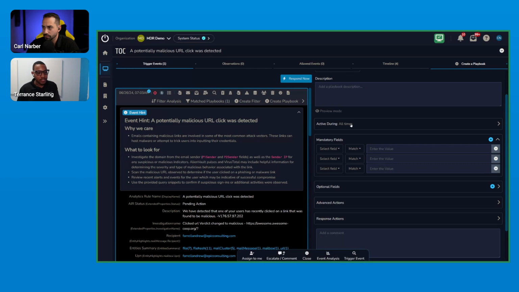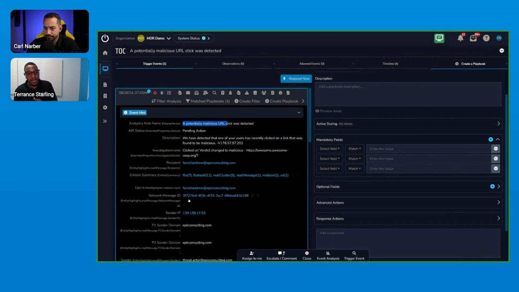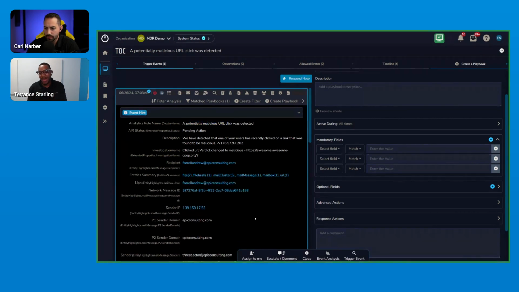After that, we have the mandatory and optional fields. You heard me mention Boolean a couple times, things like or, if type statements to put it simple. We can build that out right there. So for instance, if you said anytime a malicious URL click detection for this user comes in attached to this IP, we don't need to see that. Filter that out for us. In the mandatories, I could add that analytic name, rule name, username, IP, and that URL. And anytime we see those coming in now, they'll be matched by that TBR.